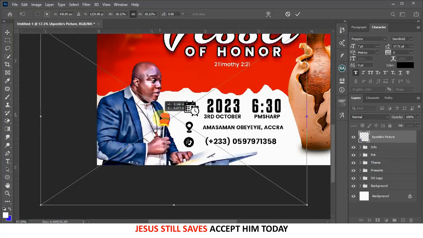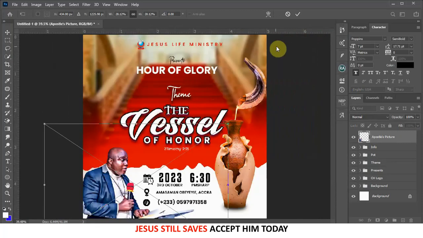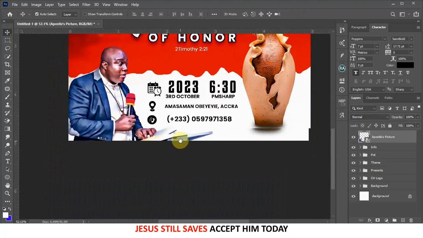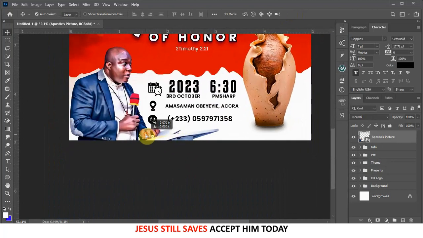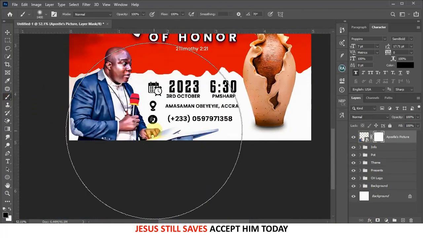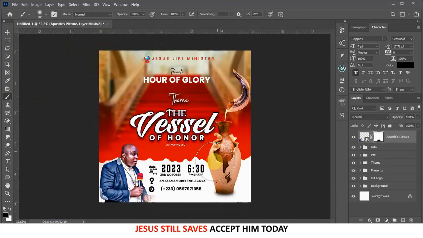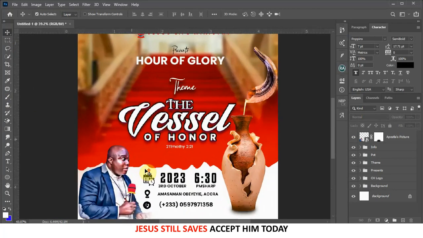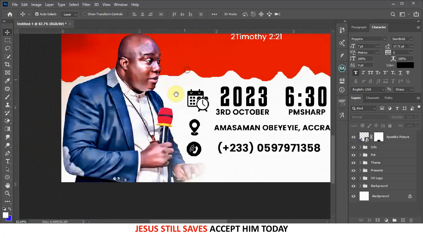Okay, just something like this. And then what I'm going to do is I'm thinking of adding a layer mask and erasing this portion, but then let me try that and see how it looks. Okay, yes, let's see how it looks. Not really bad. Okay, so this is not bad. So the last thing I want to do is